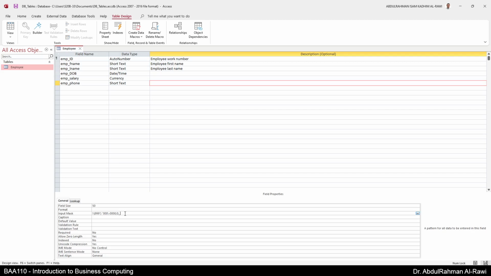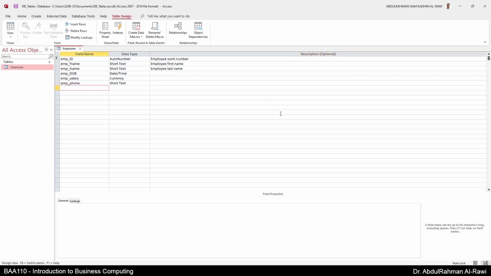This is the mask and these are the values of the input mask if you want to enter them manually, but we are not going to enter these manually as we said. We are going to use input mask. What else can you actually use here? You can, let's say, add